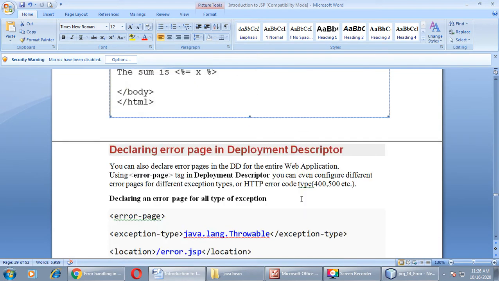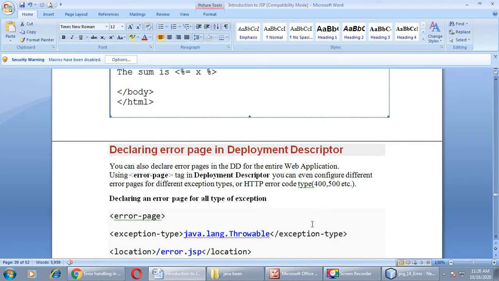The second way you can define an error page in your JSP program is using the deployment descriptor. You can also declare an error page in the DD for the entire web application using the error-page tag in the deployment descriptor file. You can even configure different error pages for different exception types.